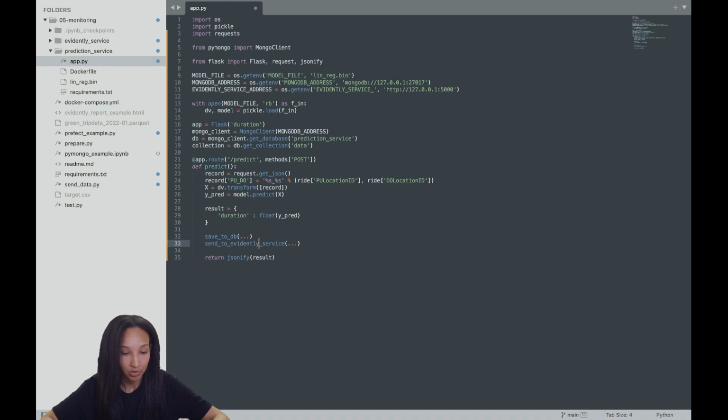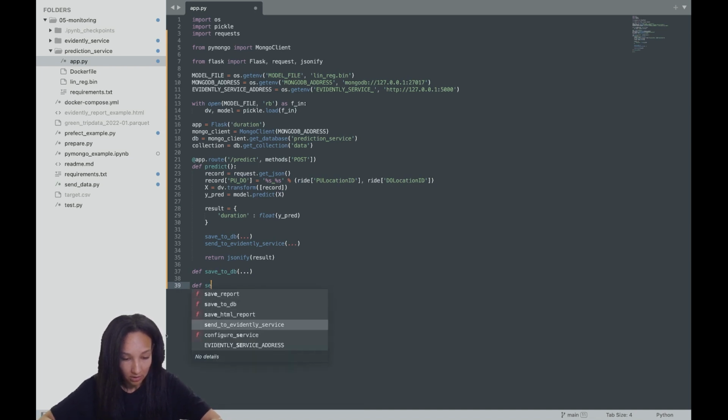Now we just need to implement these save to database and send to evidently service functions, and that's it. Now our predict method gets the data, performs some simple preprocessing in order to calculate additional features, preprocesses data, calls the model, creates the Python dictionary with the output, and returns it. Together with this, we save this data to the database and send it to the evidently service. So now let's implement these functions: def save to database, right? Def send to evidently service,